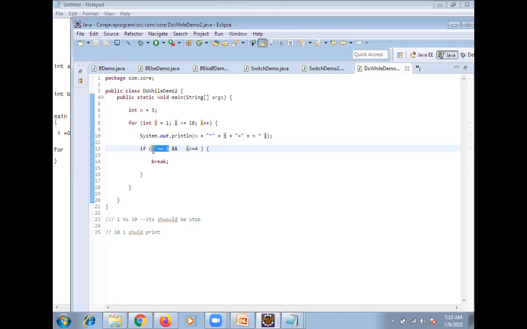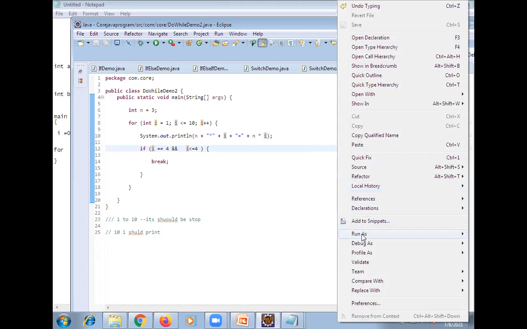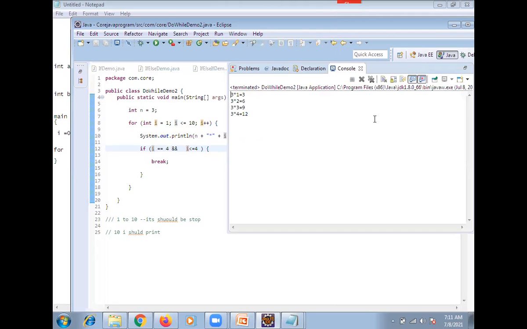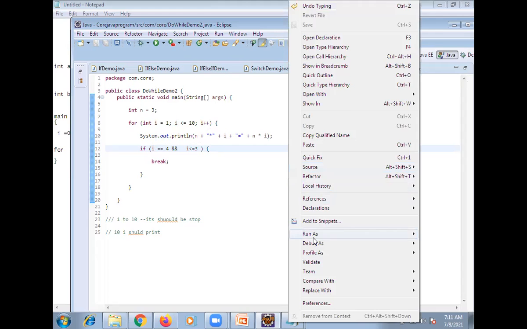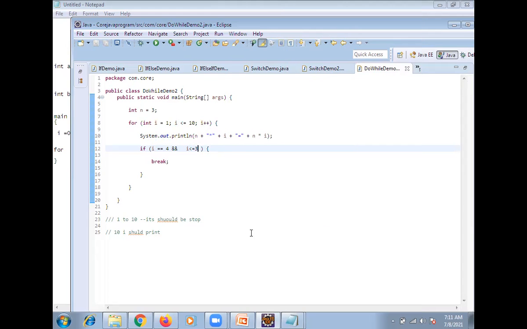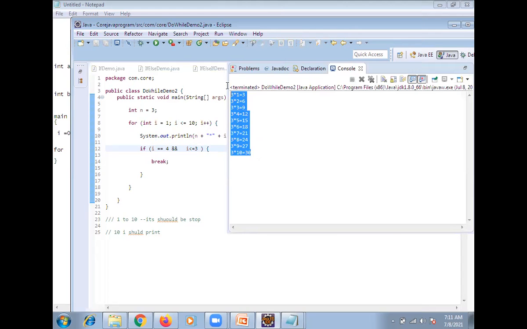Less than or equal, now you can keep this 4 also. Now what will print? Till 4 it will print. Now I want to check this condition. So what will happen? This will be false. Till 10 it will print.